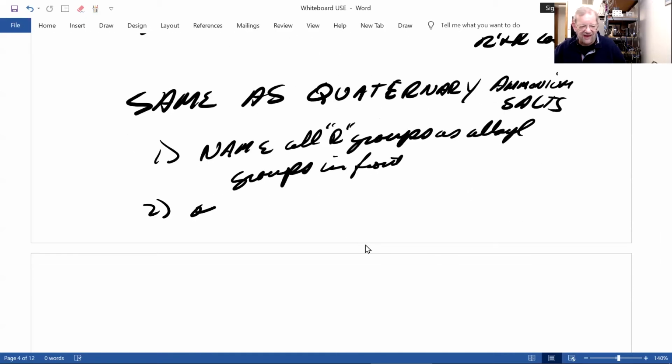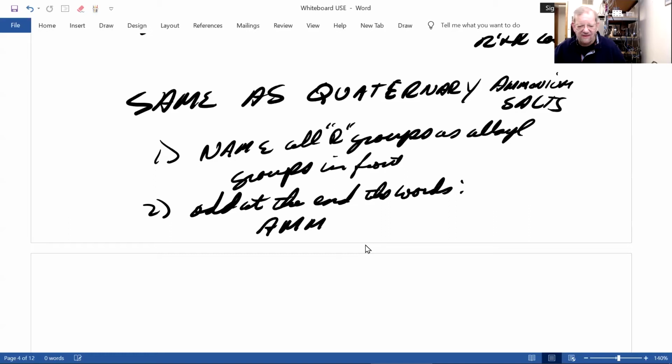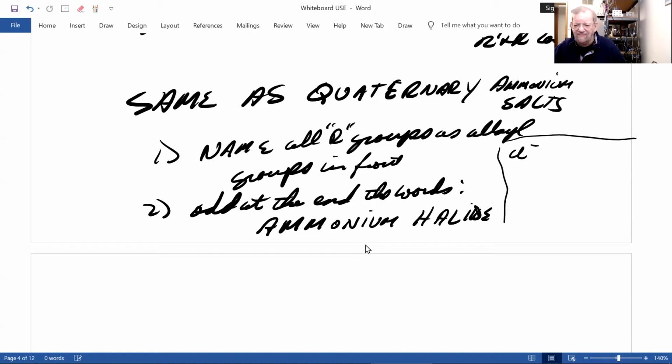Two, add at the end the words ammonium, halide, and remember Cl minus is chloride, Br minus is bromide, and I minus is